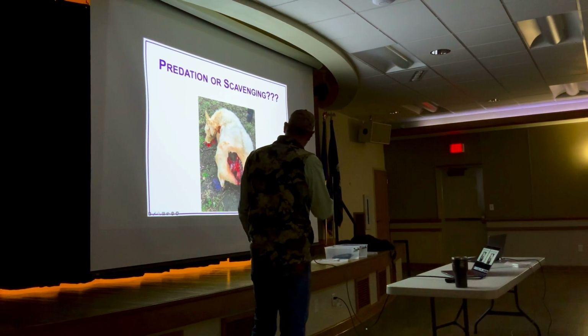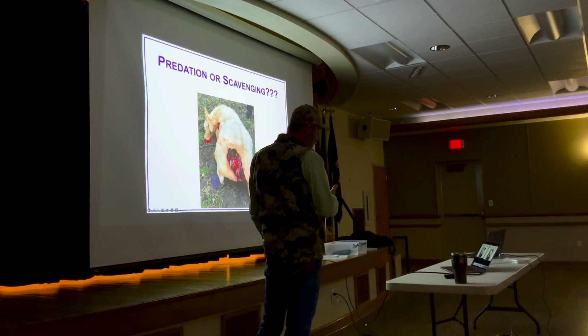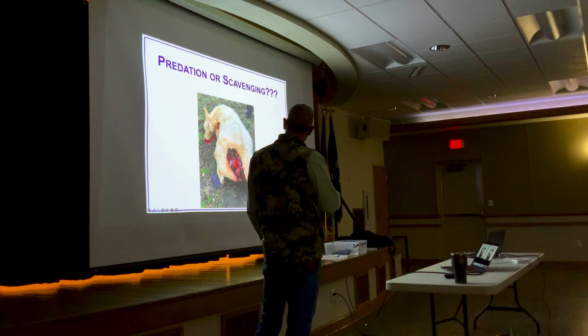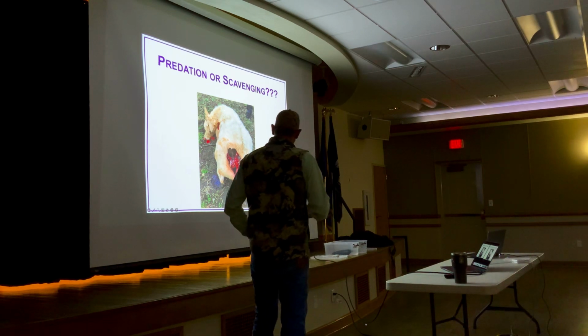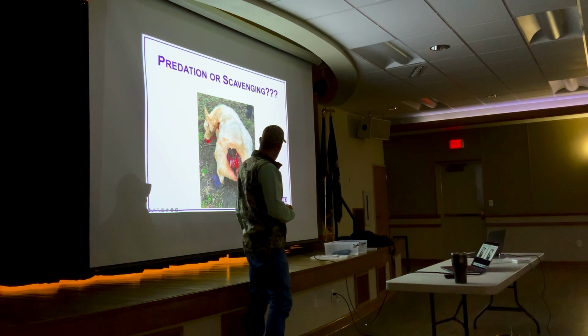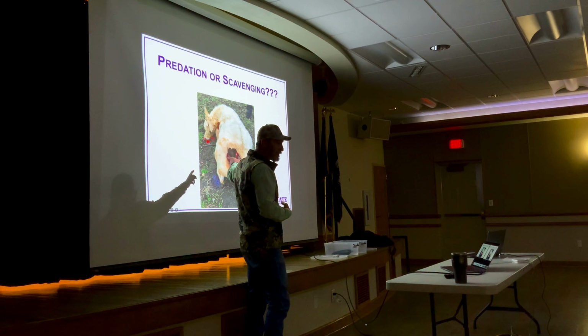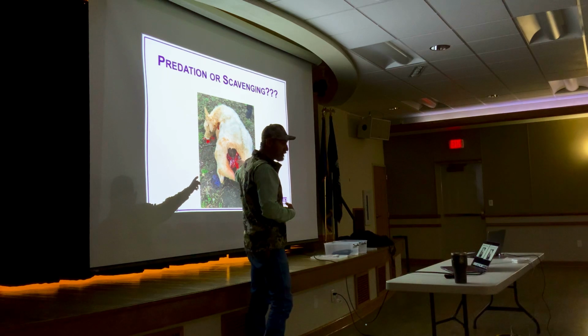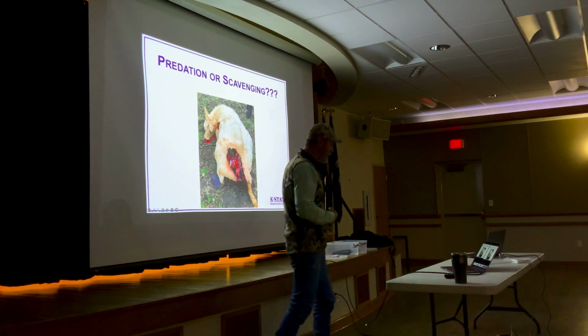From this picture, I can look at some other things, and we can talk about those later, but one of the things that stands out to me is how little blood there is on the ground. How little blood there is on the fur. Another thing that stands out, that foam coming out of his nose. We don't usually see that in a predation event. That's usually an indication of something else.